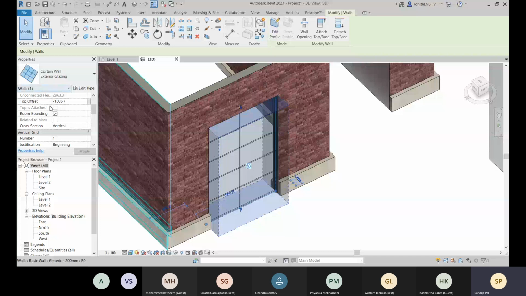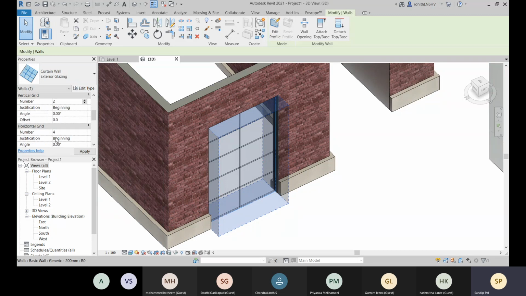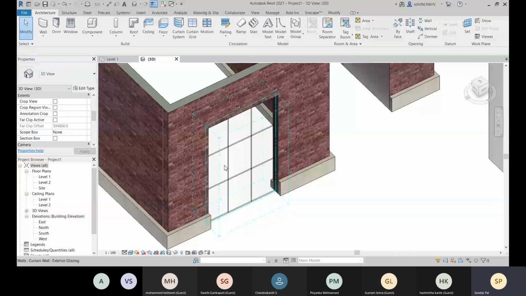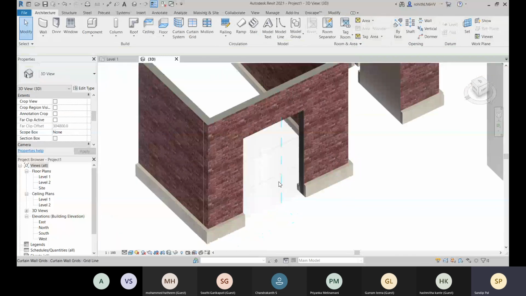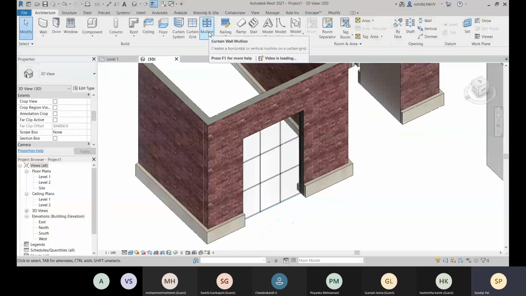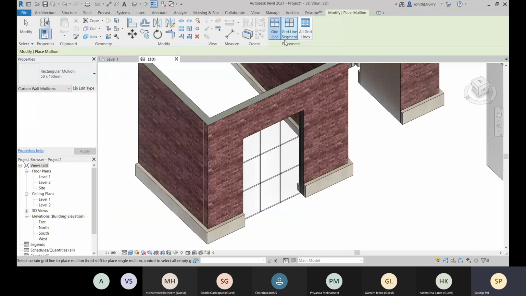Within this instance property palette, you have the vertical grid, right now one, and if you need to change the vertical grid also, you can adjust that over there. This is how you can adjust this one.